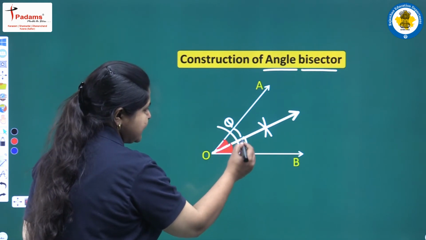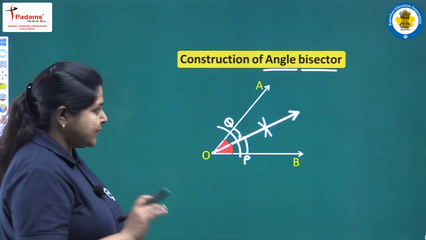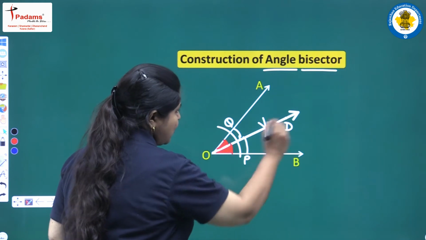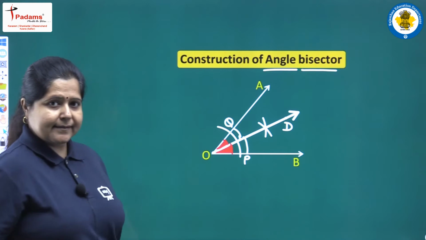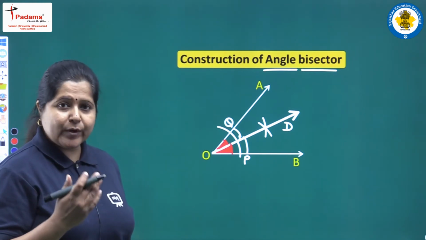and these two parts, this one and this one, you can see these two parts of angle AOB are equal. You can name this angle bisector as OD. So OD is the angle bisector of angle AOB here. Clear to you? We will be using this concept in making some more angles.